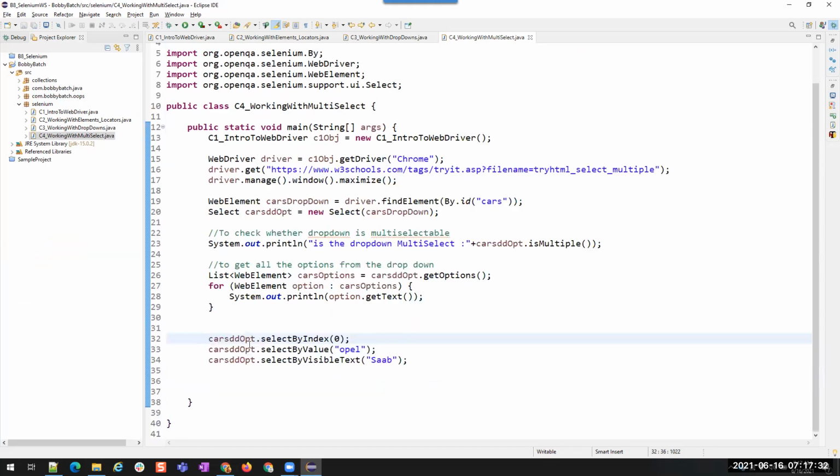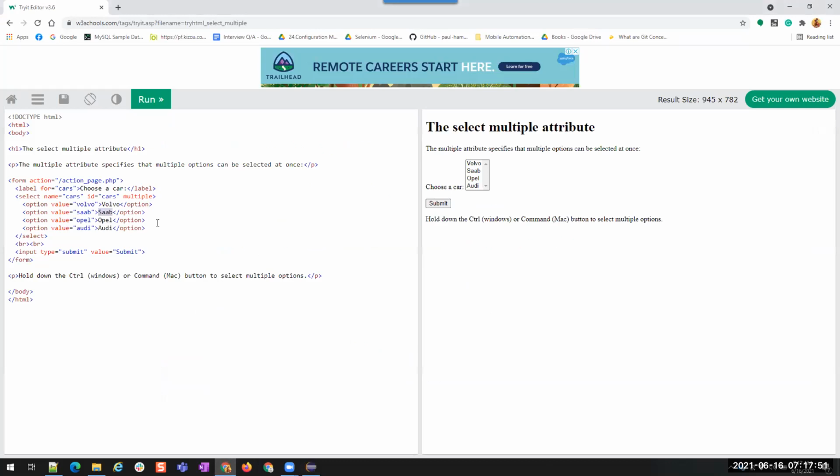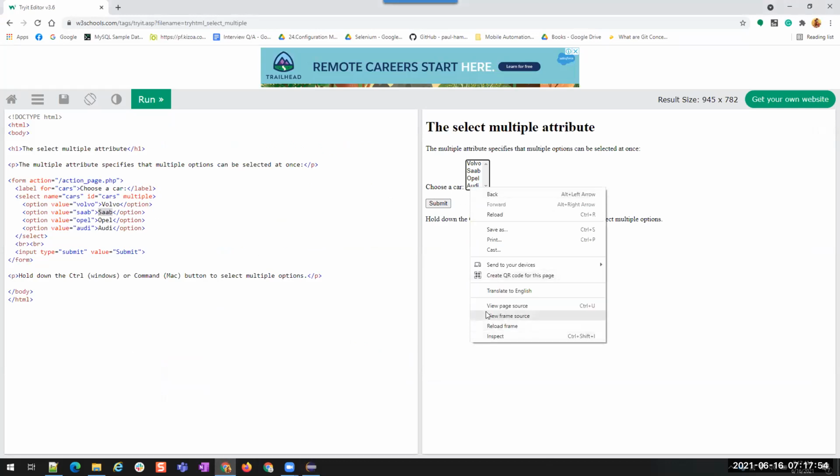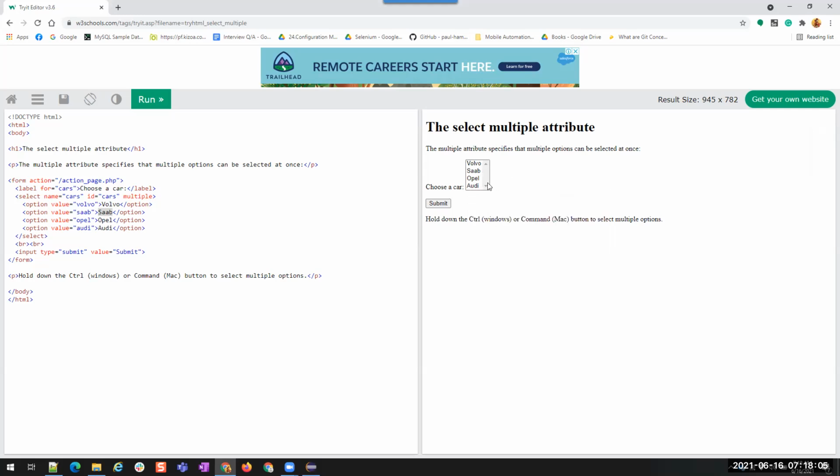Okay. This will select 3 items. But how is it going to select? Let's see. Select options one by one. Okay. But here there is one more small problem to work with this. This is inside a frame. We are not done with the frame concept yet, but I know this is inside a frame. I'm going to directly use that frame concept for now. And when we are on that topic, I'll explain you why we have to do this and what are all the things. Okay.